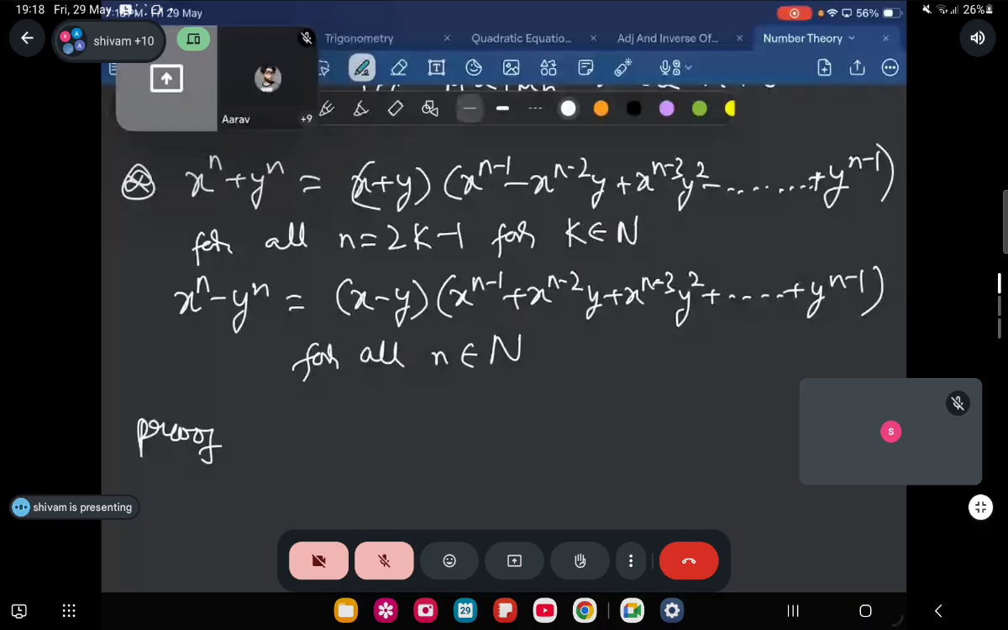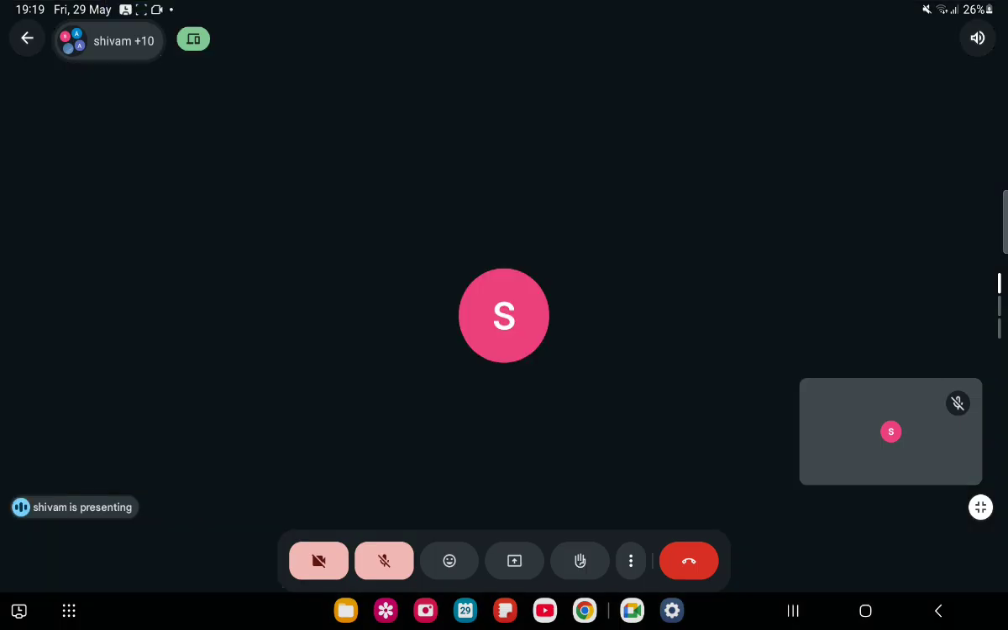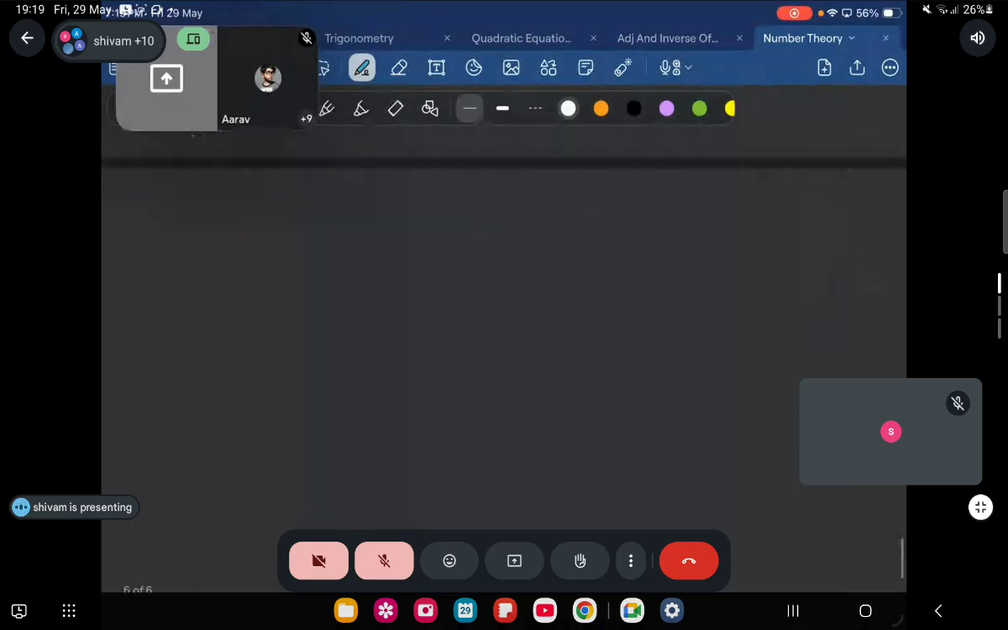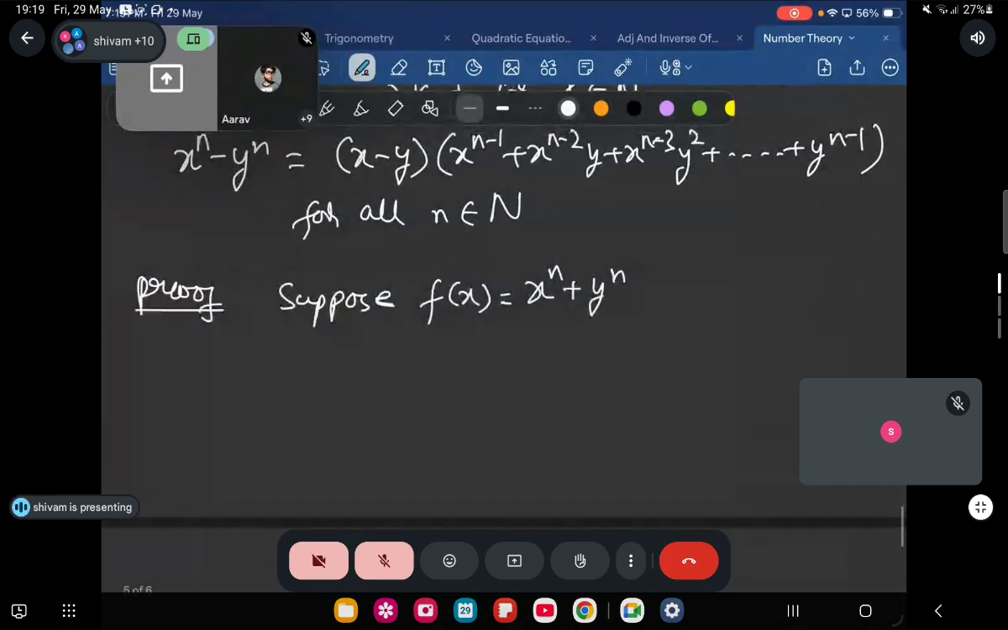For the first formula, factor theorem. Suppose f of x equal to x to the power n plus y to the power n. What I'm going to do is substitute f of minus y. f of minus y is equal to minus y whole to the power n plus y to the power n. Now this expression will be equal to 0 if and only if n is